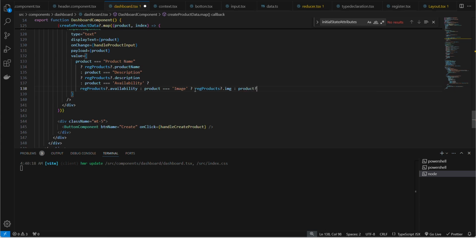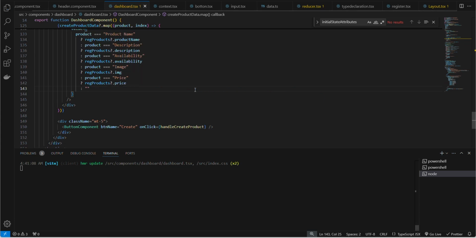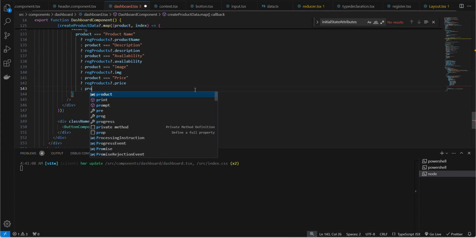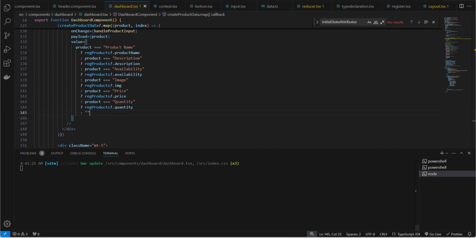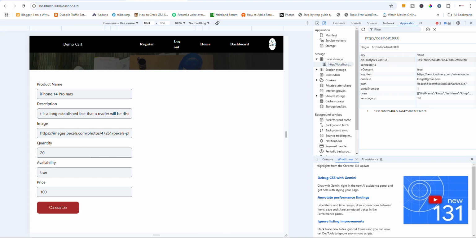If product is equal to, this is not the best way to do this. A better way to do this, then we'll be targeting rec product dot price. All right. If product is equal to quantity, and we're targeting rec product dot quantity, also an empty string. Okay, so this way we can have control of the inputs and we can clear them when we are done